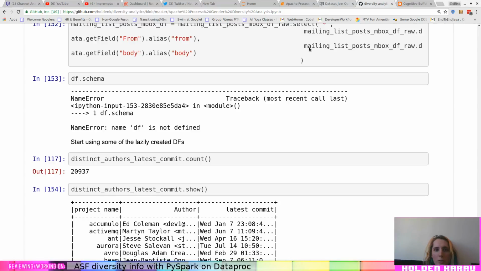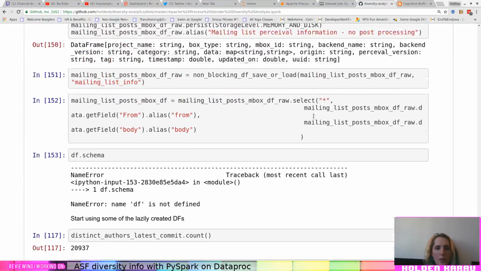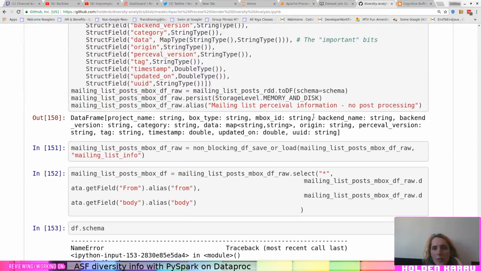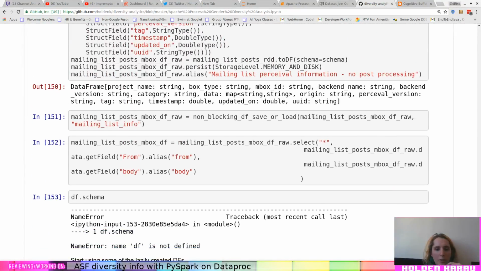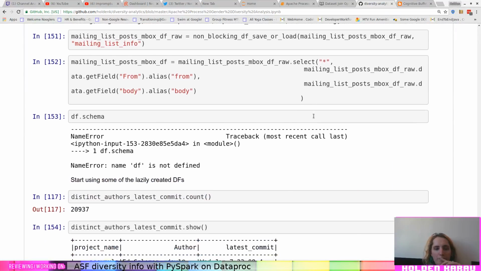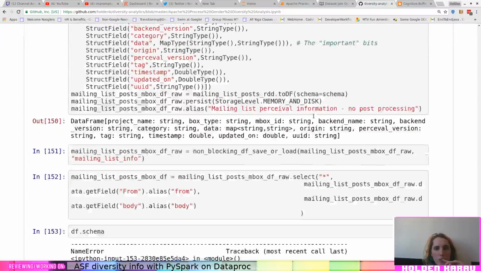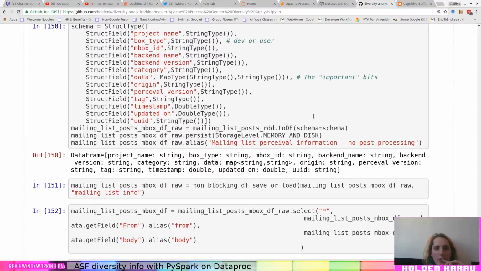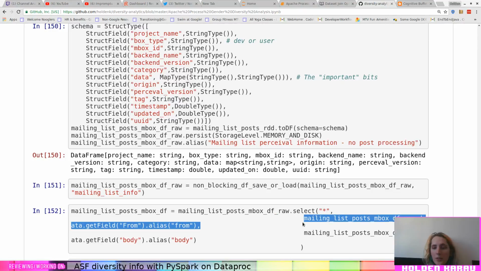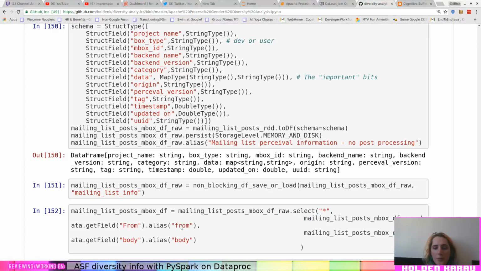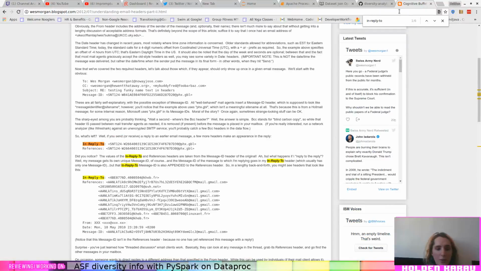So mailing lists. Okay. So we're going to go ahead and in our post-process stuff down here where we're selecting just selective parts that we're interested in, we're going to swap reply to with something a little more useful to us. So we want to get both the message ID and if there is the presence of an in reply to, then we can make this happen. Okay.